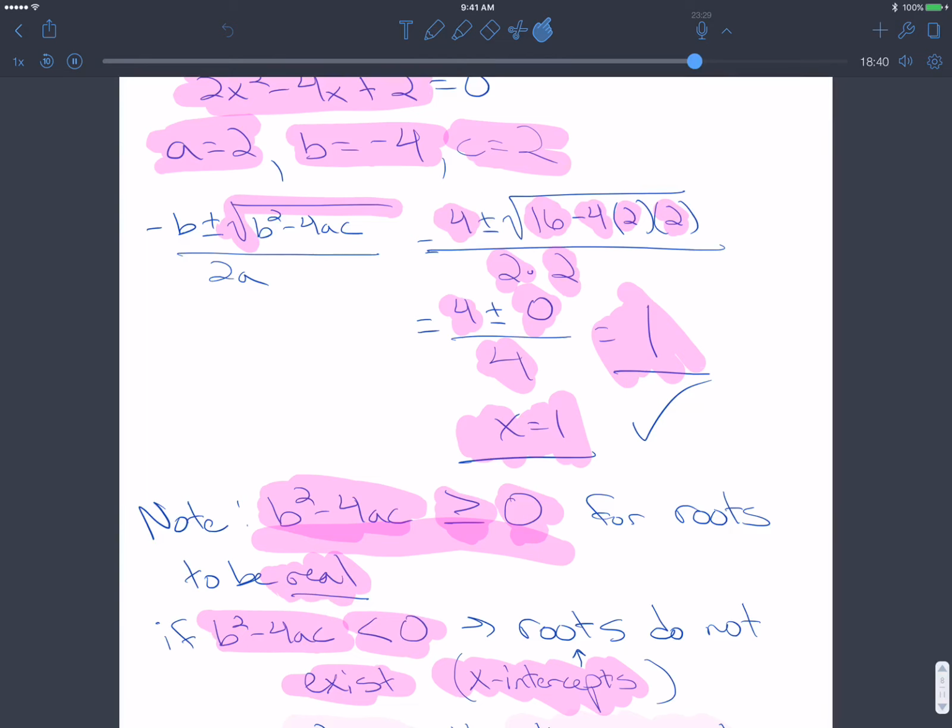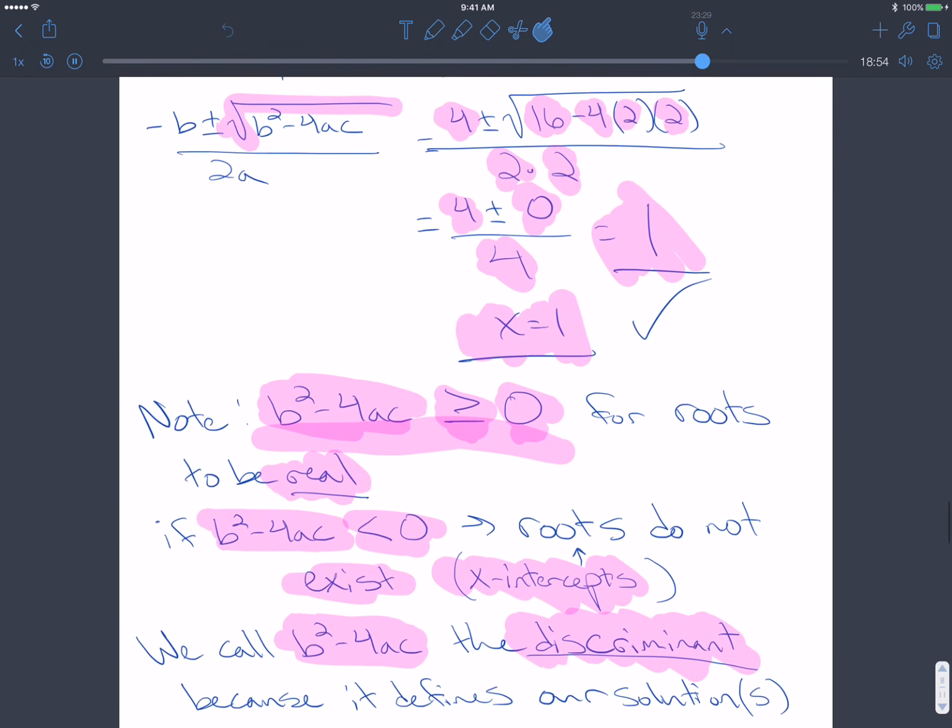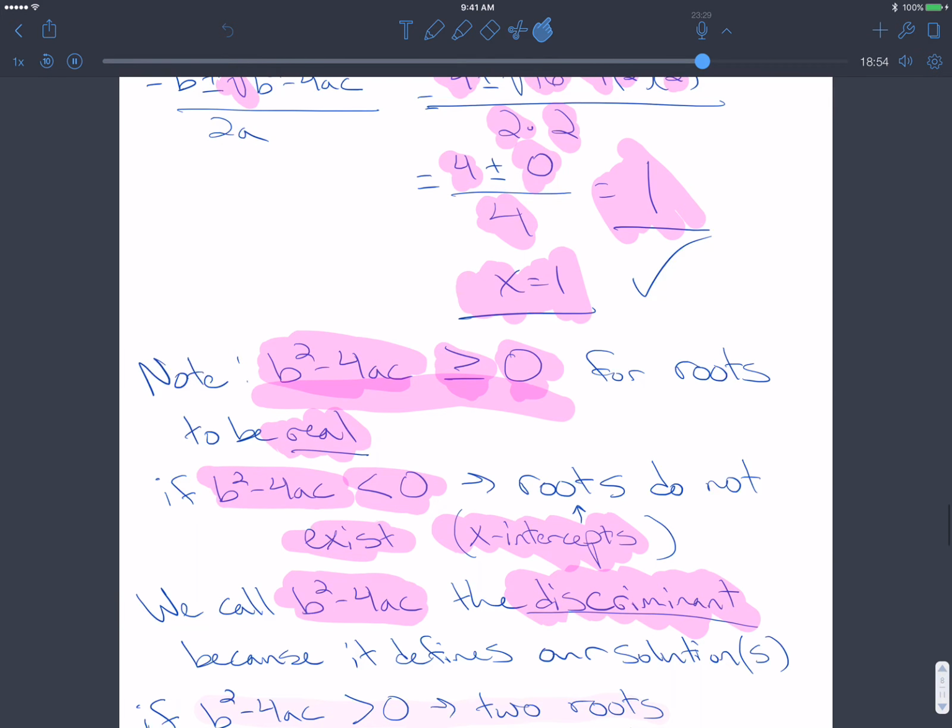So all that means about your graph is that your graph doesn't cross the x-axis. It's either entirely above or entirely below. And if you graph it on your calculator, you'll see that. We call this value b squared minus 4ac our discriminant because it is the defining factor for what your x-intercepts